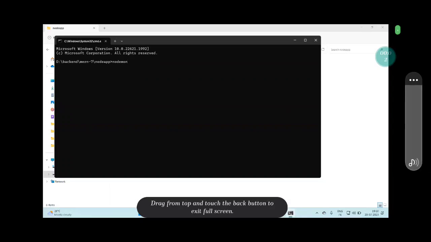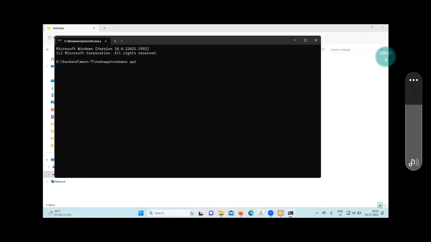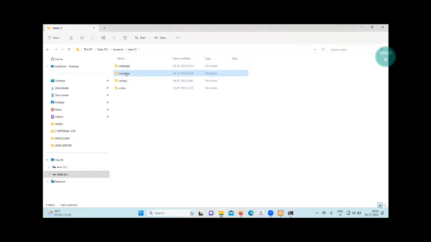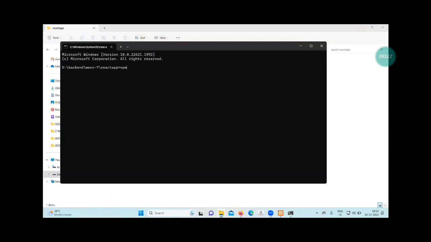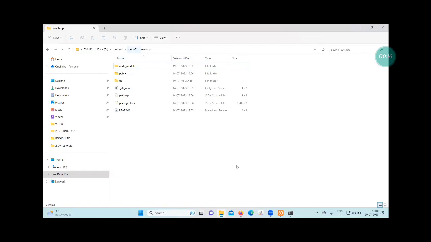Node monospace API1. After that, open the CMD in the React app. npm start. Then